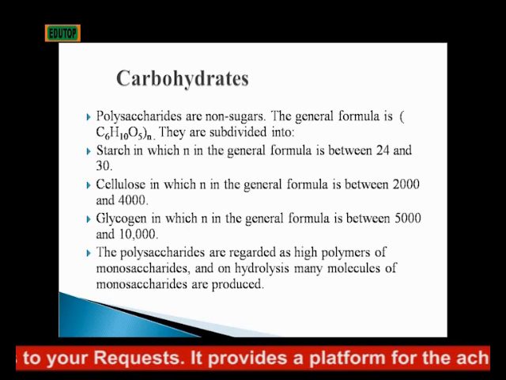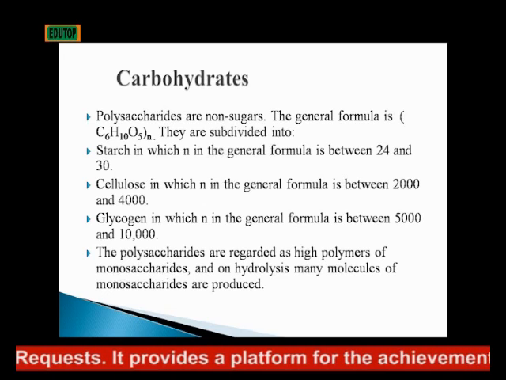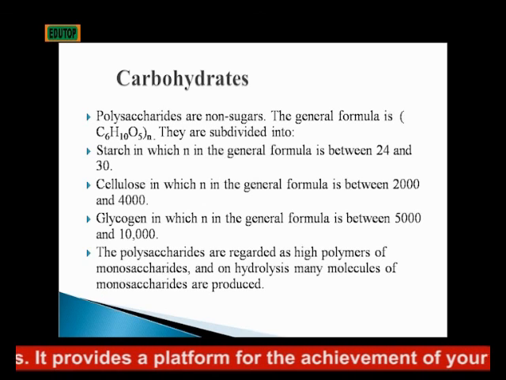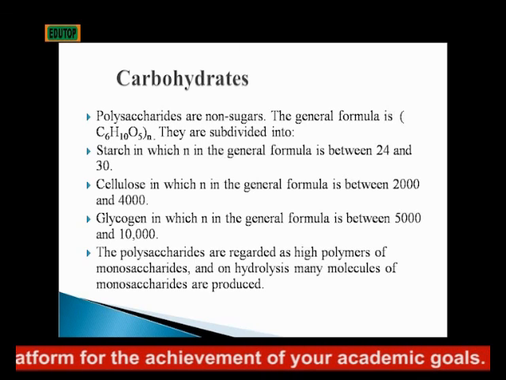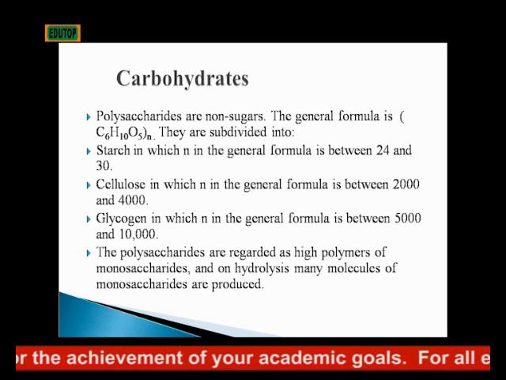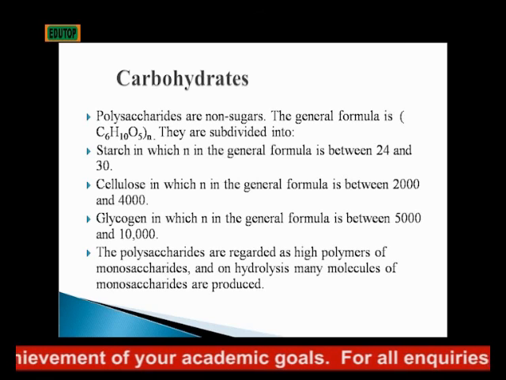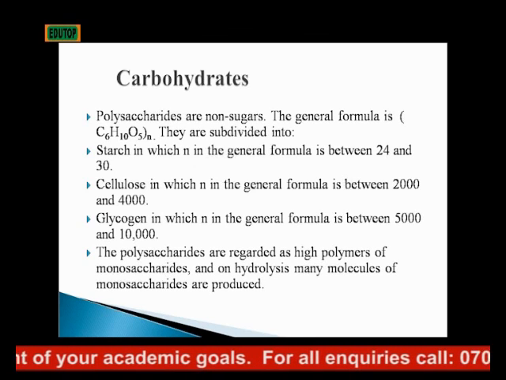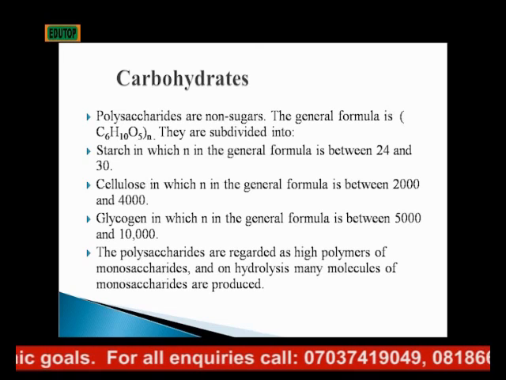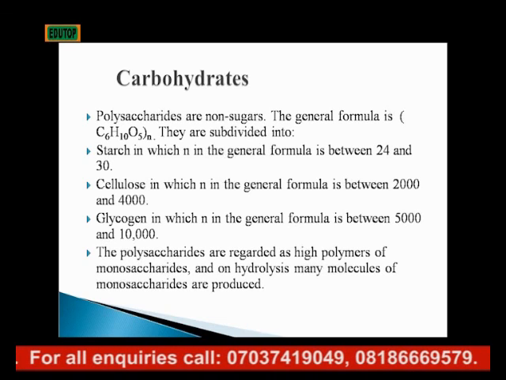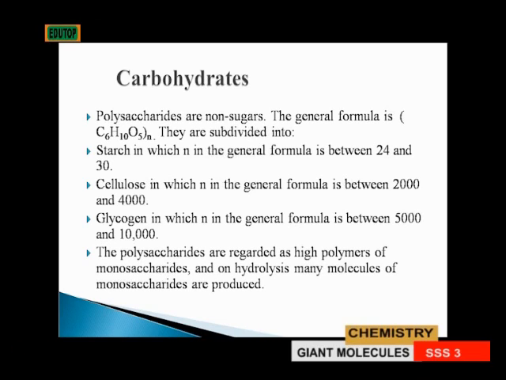Starch is one in which n is between 24 and 30. So when n is between 24 and 30, this particular compound becomes starch. So that is starch. When you have n between 2000